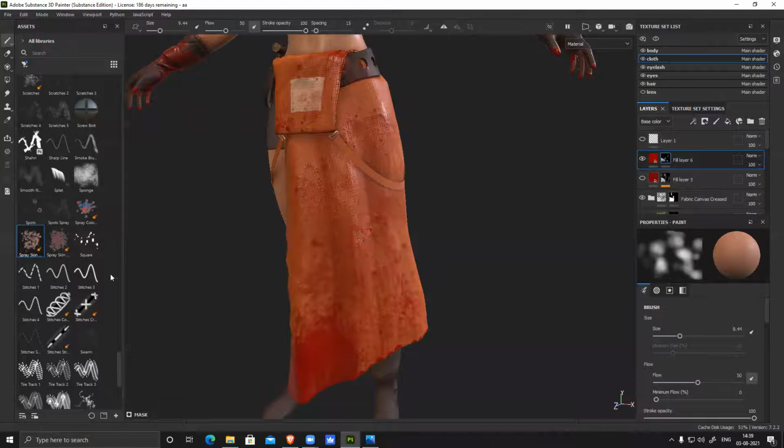For that, we have a specific brush, so we can use it and nicely blend everything.